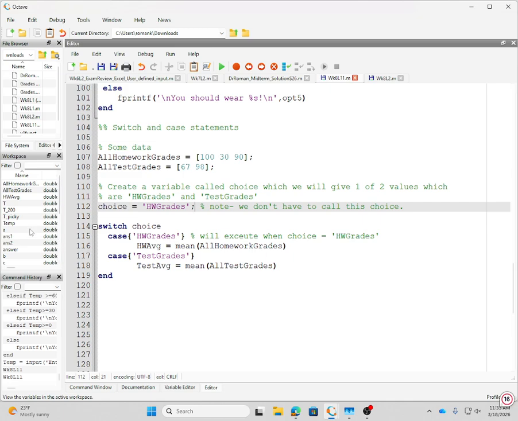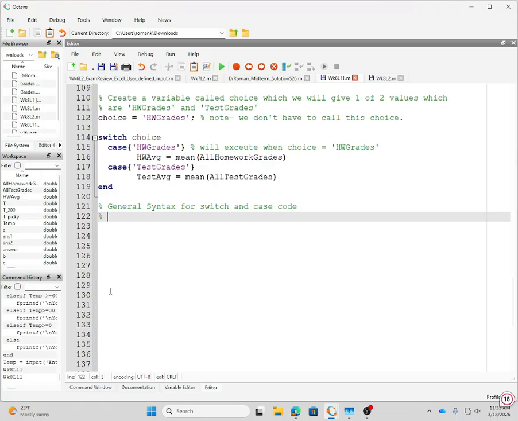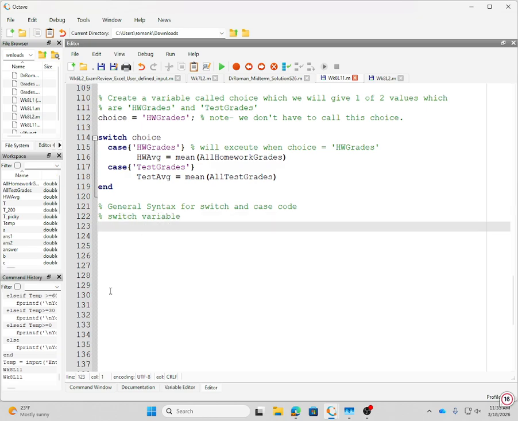Okay, so let me get my notes. So the second one would be, let me start with the syntax first, okay? The switch case statement. I'm sorry, we lost some time because of the technical difficulties that I had here on my end. But anyway, so the general syntax for switch and case code, right? What is the general syntax? So first of all, you have this switch variable, and then you have this case